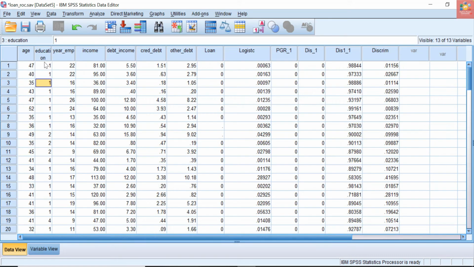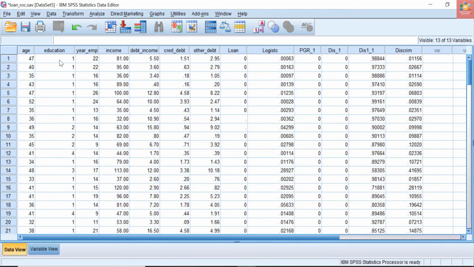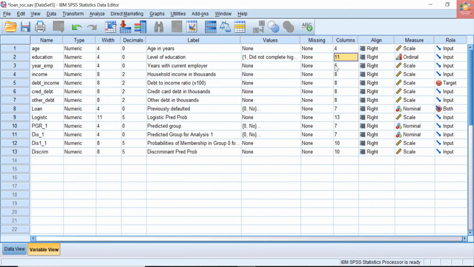So if I increase the column width from here, you will instantly see that in the data window it has been improved. So the column width is actually how the variables are displayed in the data window. The next one is the alignment of the variables, and the next is the measure.